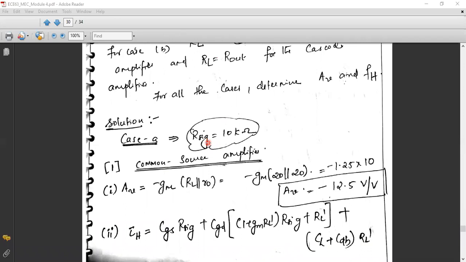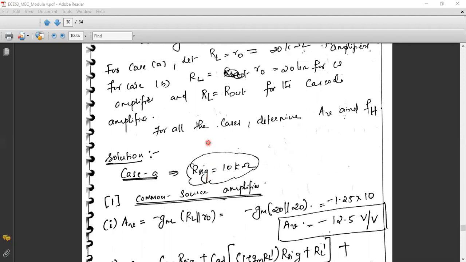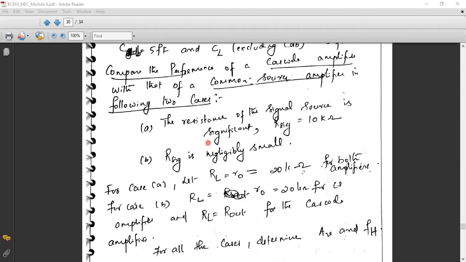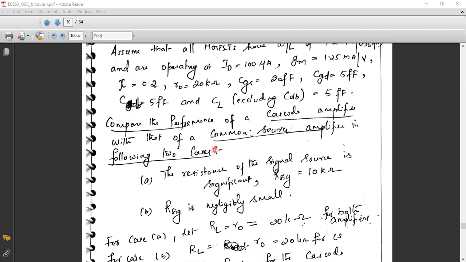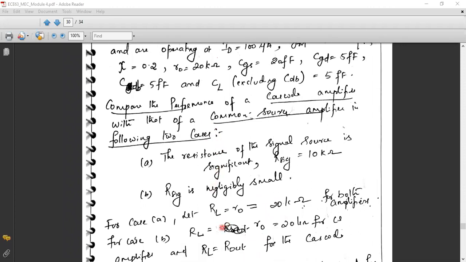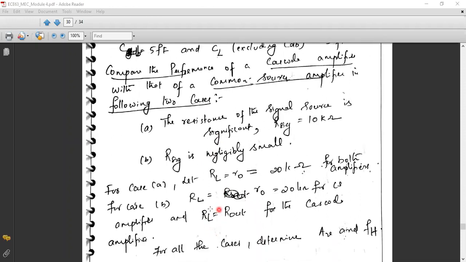So this is very important. Kindly practice this n number of times so that you can answer this question. It is not necessary that you will get this question as such. Maybe I will be giving a part of case B, only with RL equal to R_out or RL equal to R0. By changing these values, you will be getting the question. Or I will be asking you to prove that the gain bandwidth product remains constant only for case B and not for case A, like that.